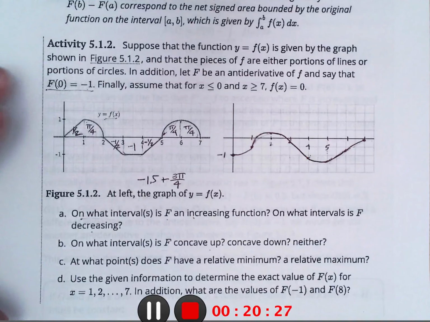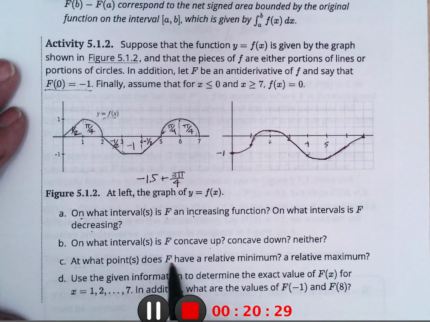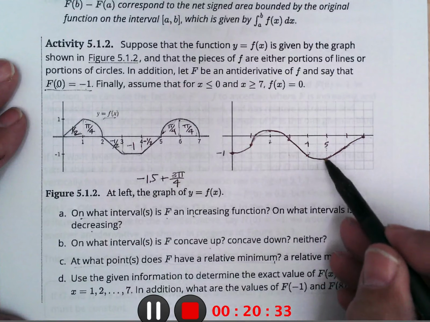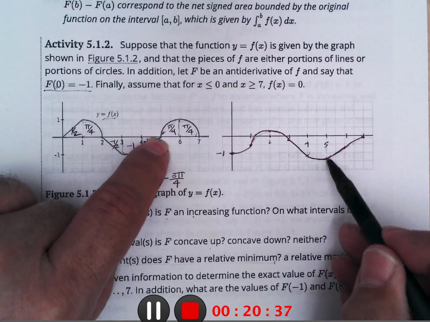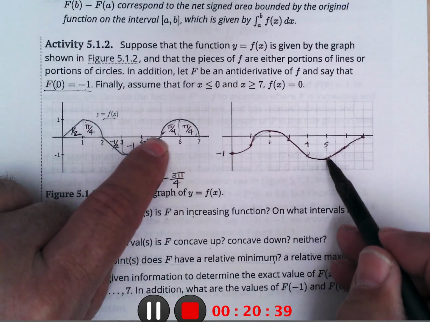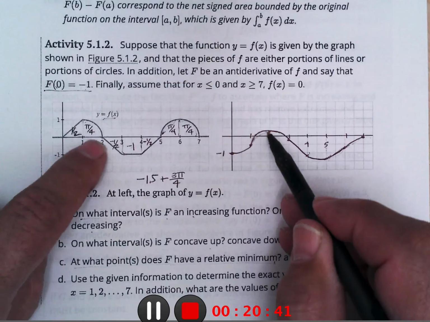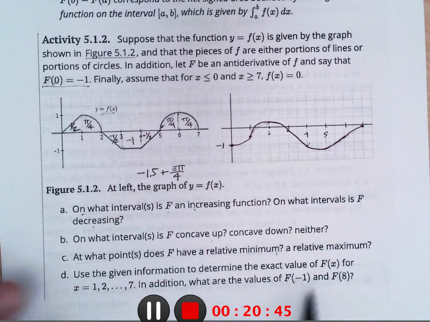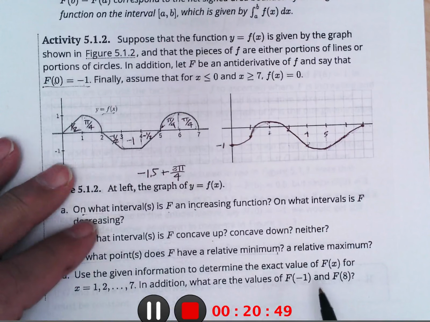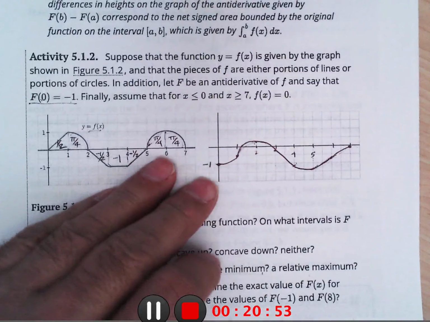At what point does f have a relative minimum? At 5, where this is 0, minimum. Maximum at 2, where this is 0. And it says figure out the exact values for those, and I showed you how to kind of do that already. So that's most of what I did on